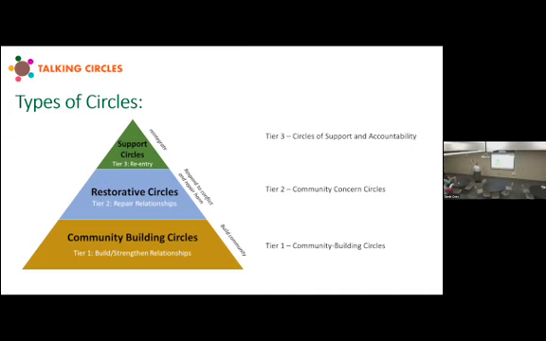And so, obviously, I started by saying that using restorative practices started as a diversion program, which is living in this repairing relationships thing. But we utilize circles in a number of ways. The most basic circle is sort of building community. So how are we strengthening and building relationships together?